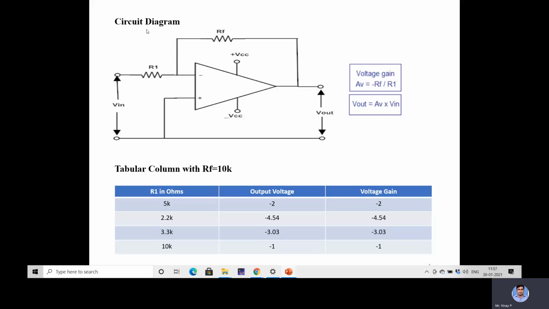If I rig up and implement the circuit in a real laboratory, then for every component change you have to change the circuit and check the output again and again in an oscilloscope. Instead, here if I change the values, like R1 from 5 kilo ohm to 10 kilo ohm, and at the same time vary the input voltage, you can note down the corresponding output voltage. Similarly, you can verify different circuits. And to implement this circuit in a virtual lab,